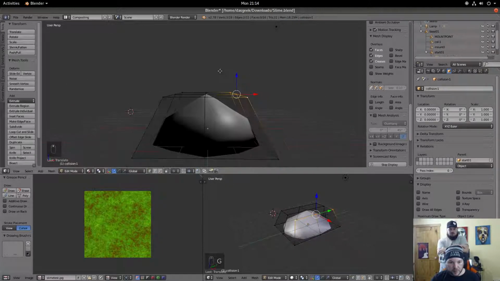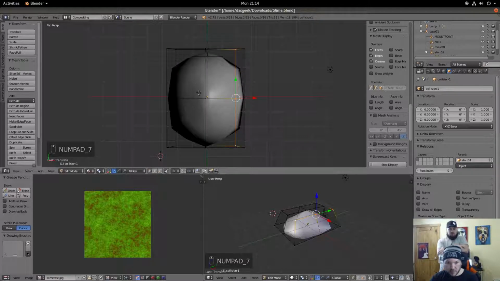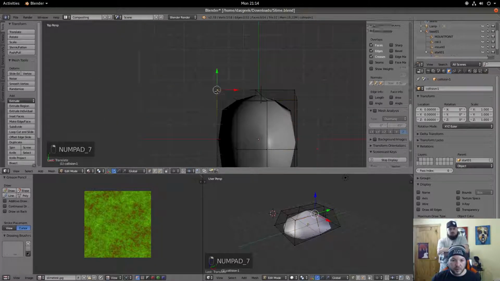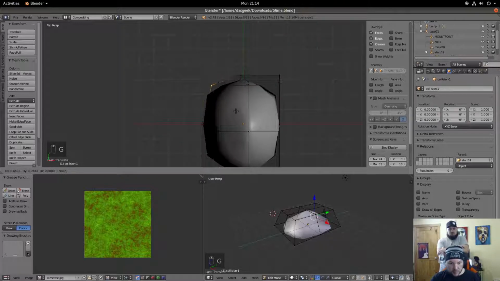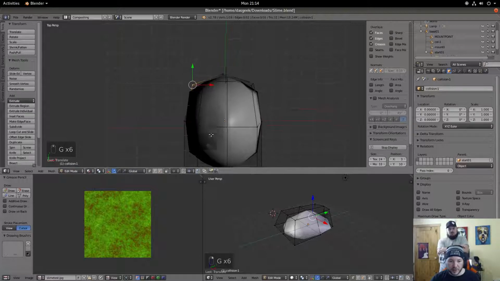All right. Grab that in. The simpler, the better. It's fewer calculations. Physics eats up a lot of CPU